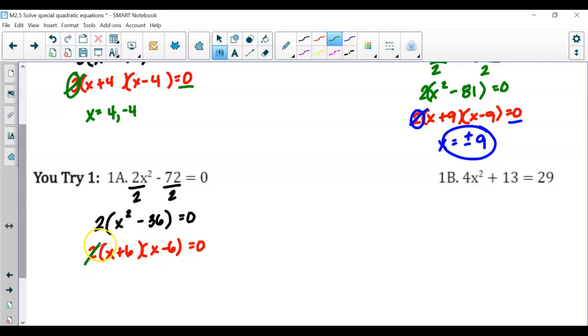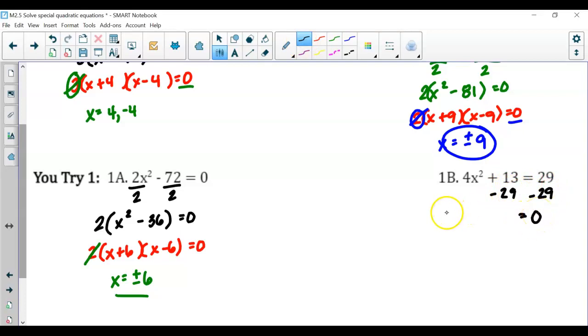Then you should have said, nope, my 2 is going to cancel out, right? Because it's never equal to 0. And x is equal to positive and negative 6. Now in 1b, you should have noticed that you needed to subtract 29 first because the quadratic needs to equal